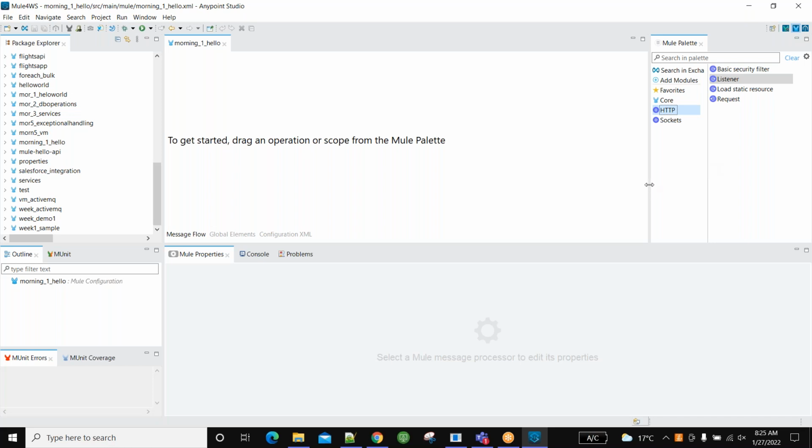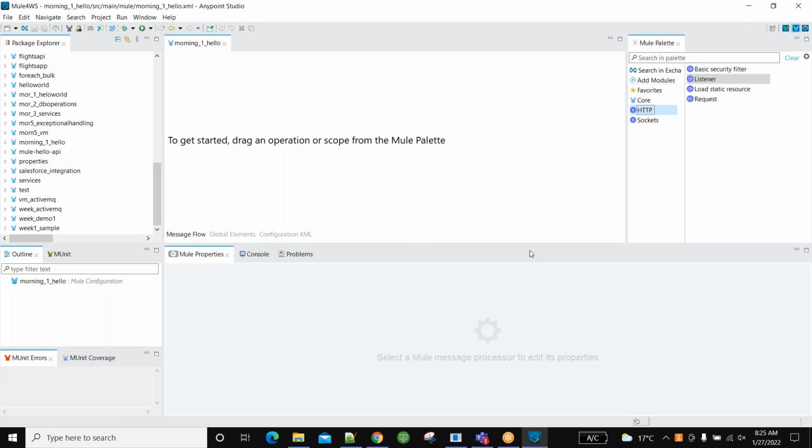Does this page depend on Studio or what? I'm still downloading Studio. It is Studio, no? Oh, Studio. Whatever we have downloaded, I open that Studio, and in that Studio you can visualize like this. If you create a project, then you will get all this stuff.